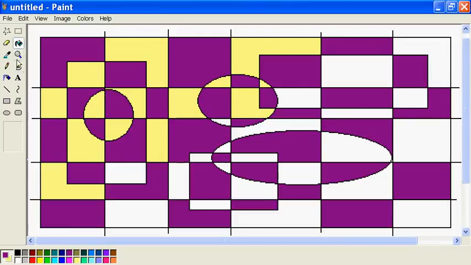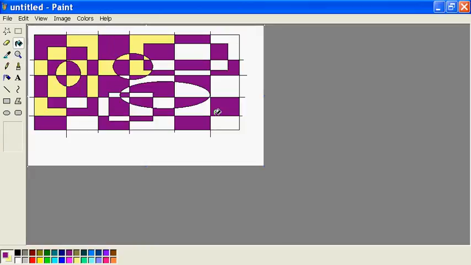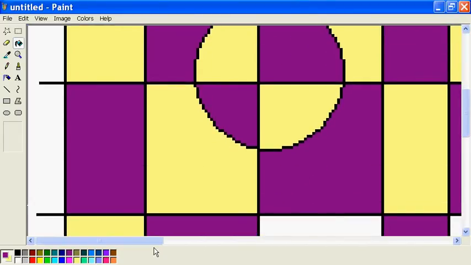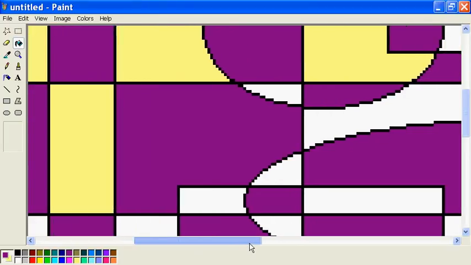Now if anything is too small to fill and you're finding it hard to fill, just zoom up a bit. Zoom. Oh wait, no, I'm right clicking still. So zoom. Let's see, I'll go up 6 times and then you really just have to scroll down and over. And you see, it just means that smaller bits can be easier to fill in if you're having difficulty filling them in. And then I can just zoom out again, left click,